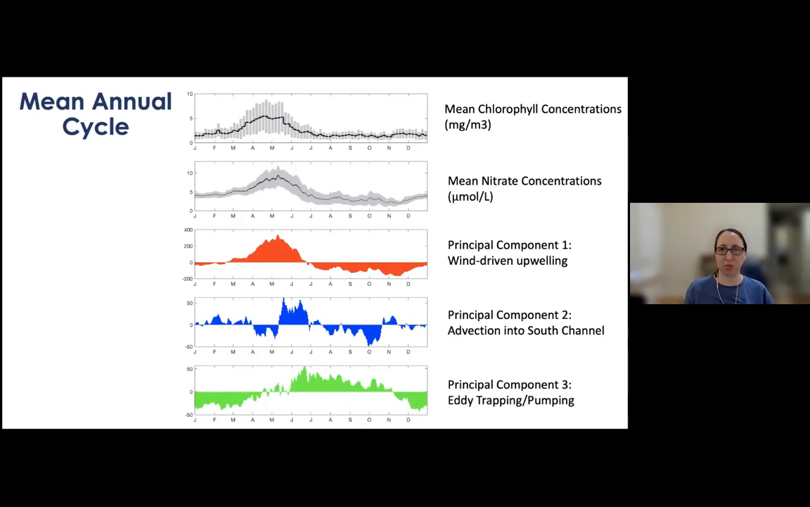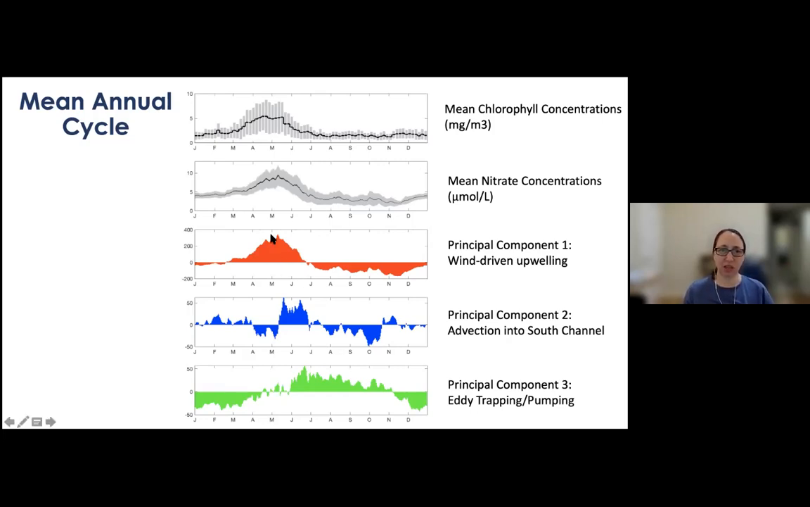Again, remember nitrate being a function of temperature. We see that this is also similar to temperature, but it mimics that pretty well. So then the other ones are looking at the different principal components. So we have mode 1 principal component, which is wind-driven upwelling, and that is positive, which means when it's happening,